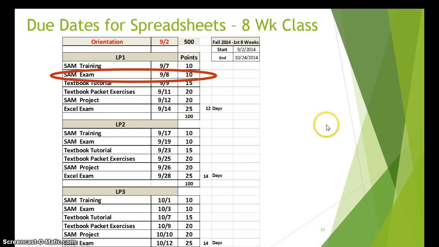Okay, once we've done that, the SAM training is basically step-by-step on how to do certain tasks within the tutorial 1. The SAM exam is very similar to the training, except instead of showing you how to do it, it's going to expect that you've had the training, and it's going to test you on that. So if we go to SAM exam next,